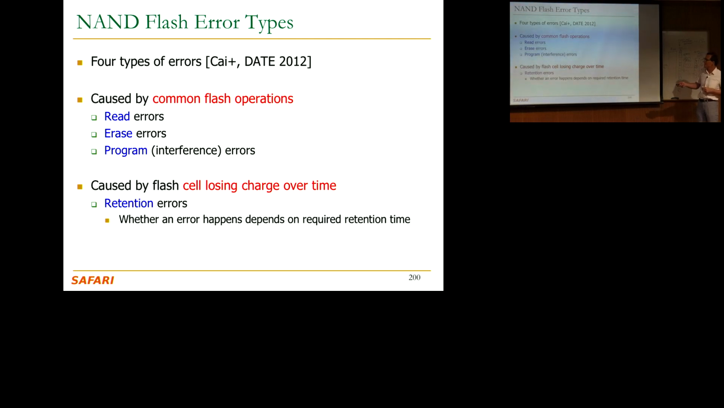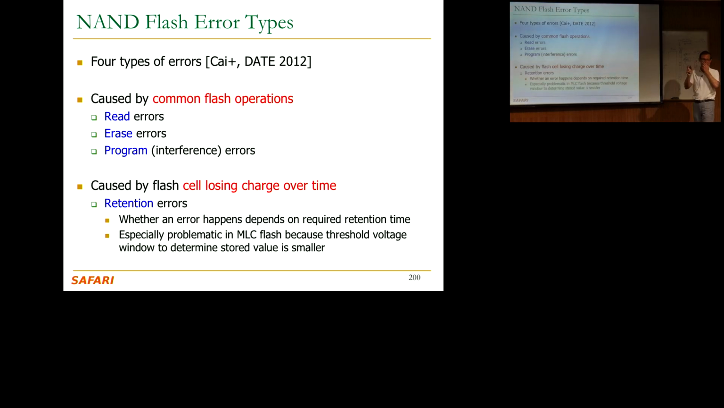So whether an error happens depends on the required retention time, of course. How long you want the data to be there inside the device. If you want it 3 years, it's likely that you're going to get retention errors, especially if you've worn out the device. If you want it there for 1 day, maybe you're OK. Depends on the age of the device, sorry. And this is especially problematic in MLC, multi-level cell flash, because the threshold voltage window to determine the stored value is smaller. Basically, you chop the threshold voltage window into